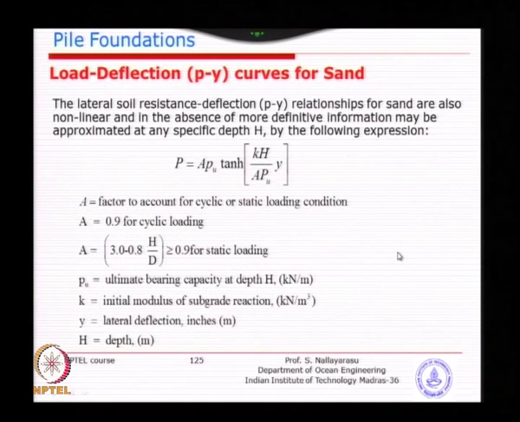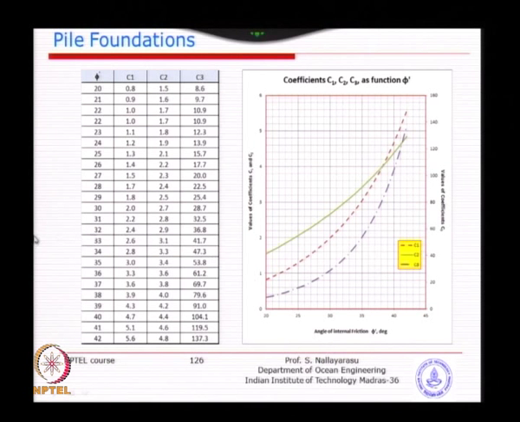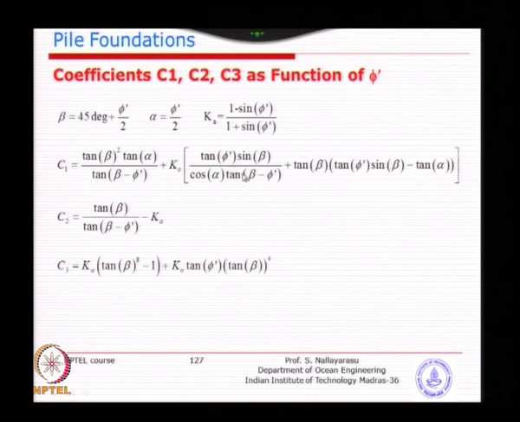And we will just see the coefficients. So, this is a table given by API; in fact not a table, a graph was given, and I have just digitized it so that we could use it easily, because you can see the angle of internal friction for every 1 degree I have just plotted. You are not going to get angle of internal friction in between two small values. So, you can use the C1, C2, C3 values from here or from the graph which I have regenerated from API. You could also use the original paper publishing this by Reese.